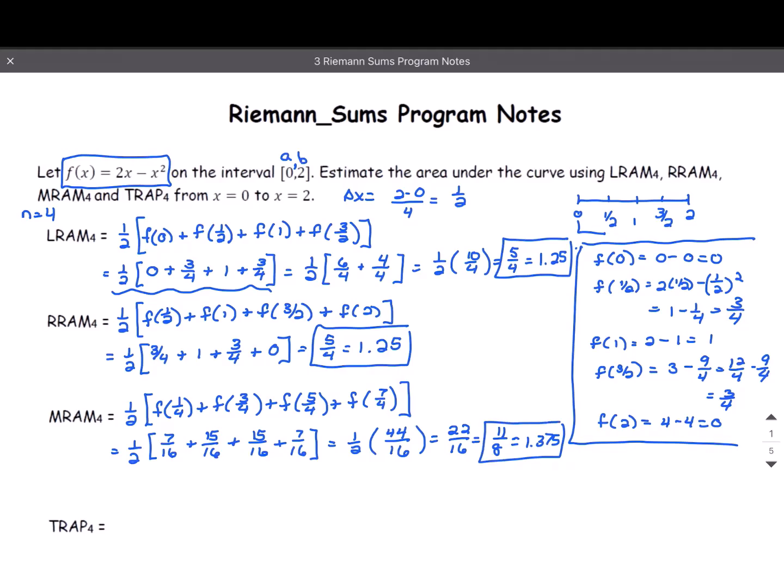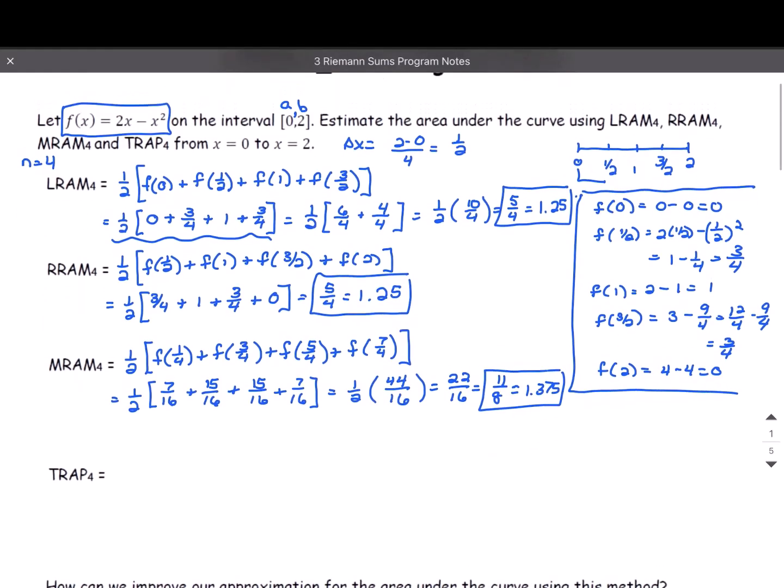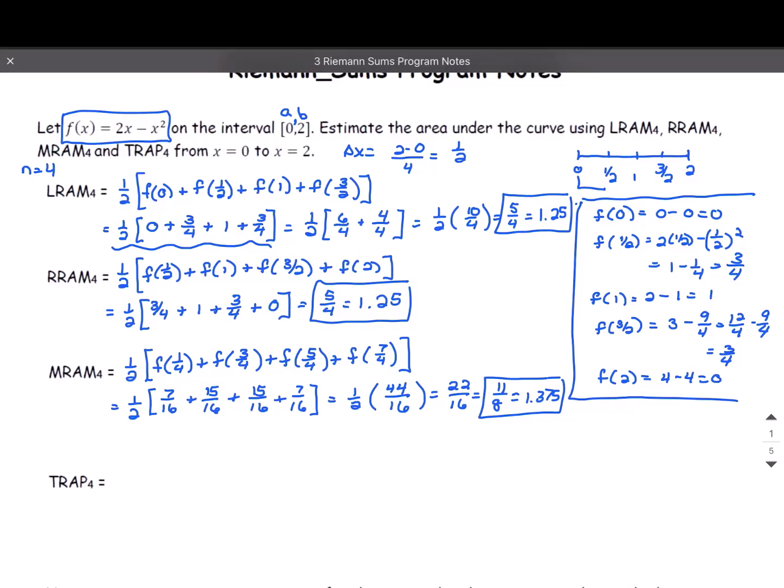Okay, now we have one more to do. We need to do our trapezoid. So our trapezoid, remember, since all the delta x's are the same, we can do 1/2 times our height, which is still 1/2 because our height is our delta x. Then we use the first subinterval at 0 once,